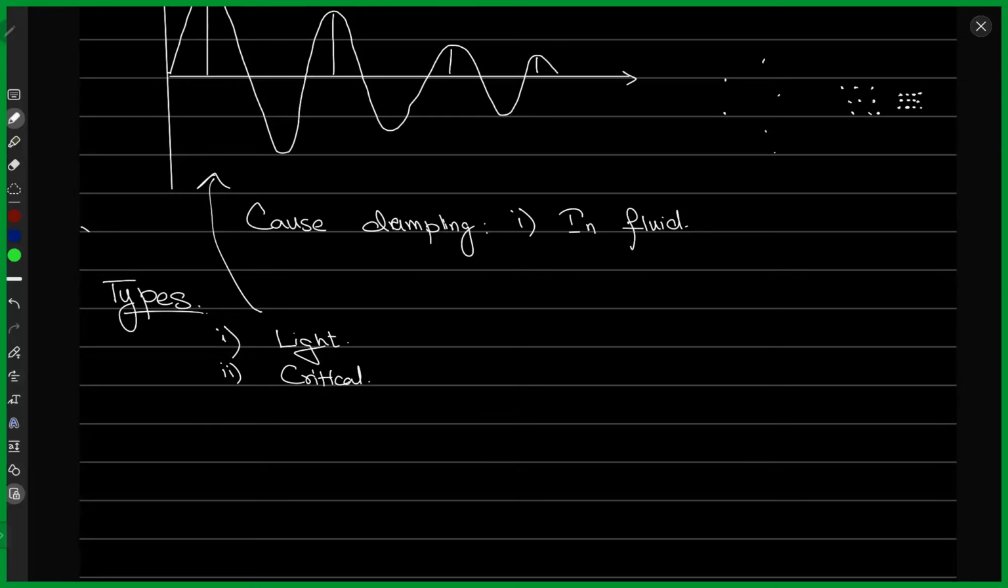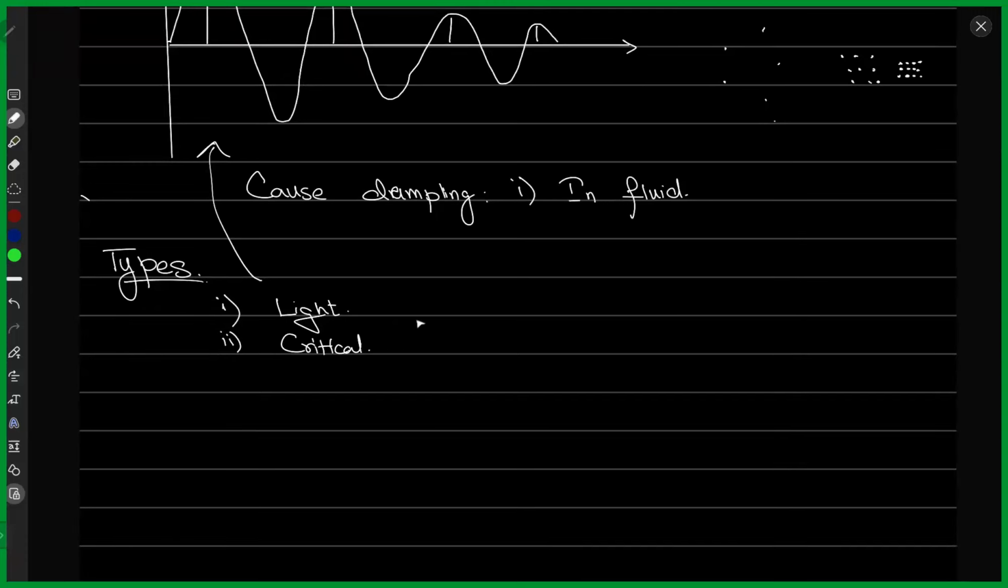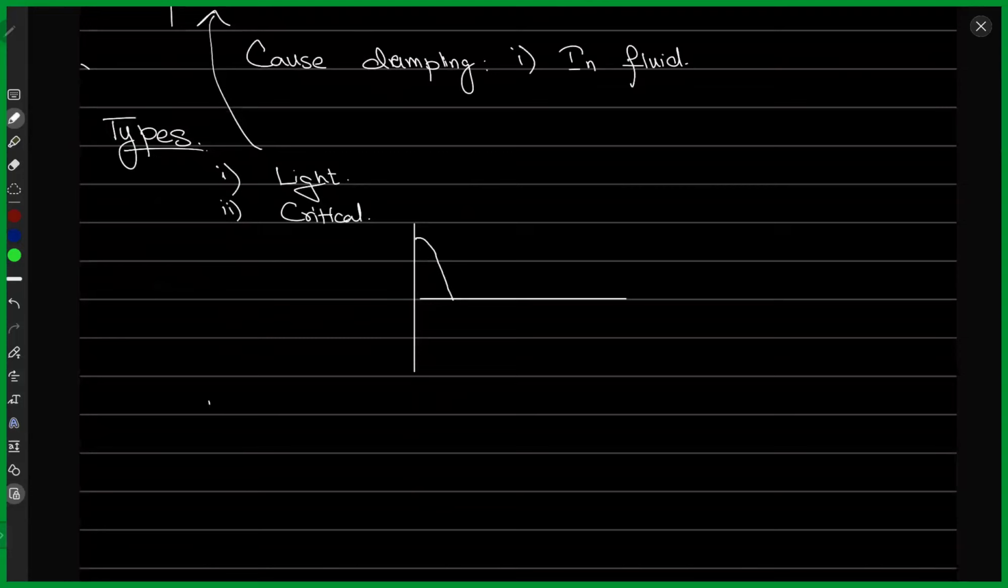In critical damping, the vibrations are going to die out very quickly. For example, oil could be an example, right? And the graph would look something like this. They would die out very quickly, right? At this point, now they're just dead. So they're zero. Now there is no more oscillation further from this point. Then there is the third one, which is called heavy damping. In heavy damping, the oscillations die out, right? They die out